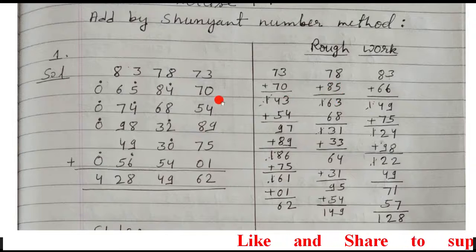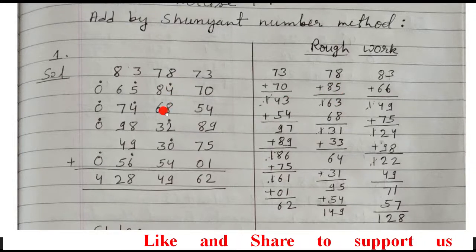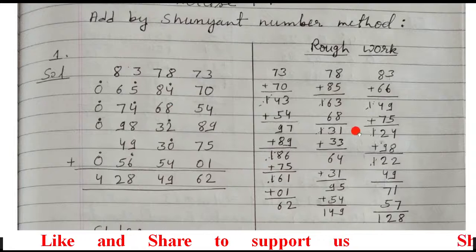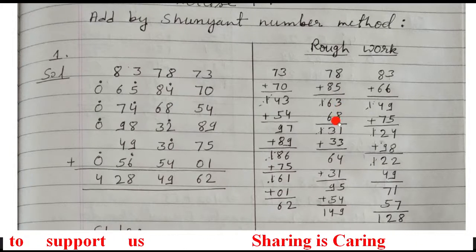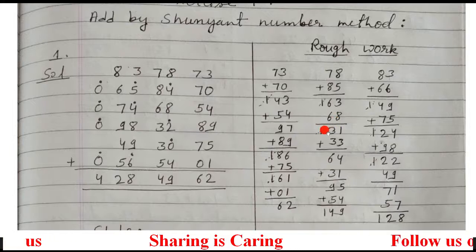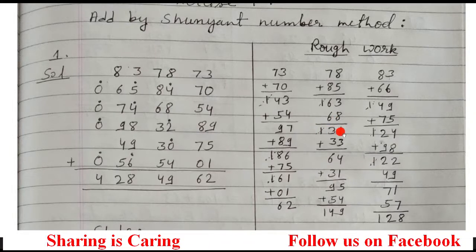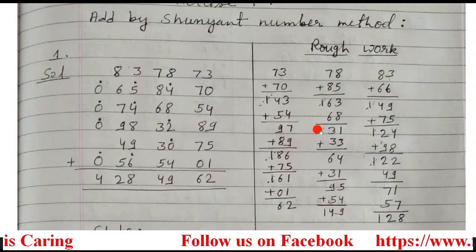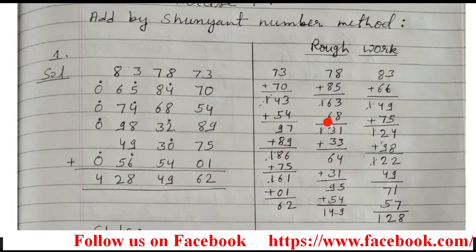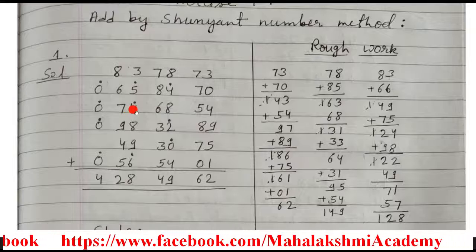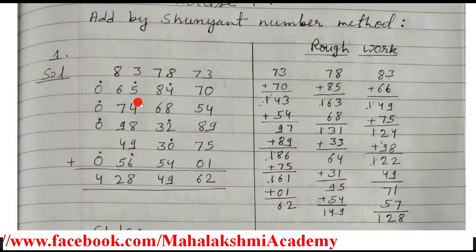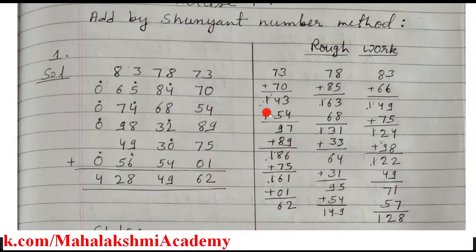Now after 85, what number do we have in the second column? That is 68. So we'll write here 68. Add them. When you add here, you will obtain 131. So this one again will move as Ekadika dot. Now what number do we have before 68? Before 68 we have here 4. So over 4 write down an Ekadika dot.